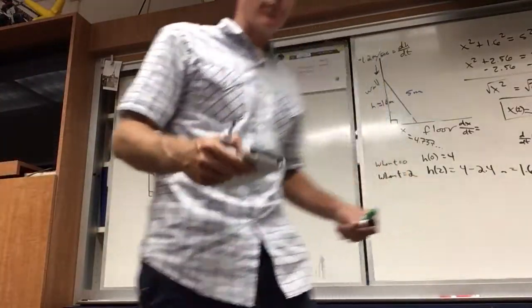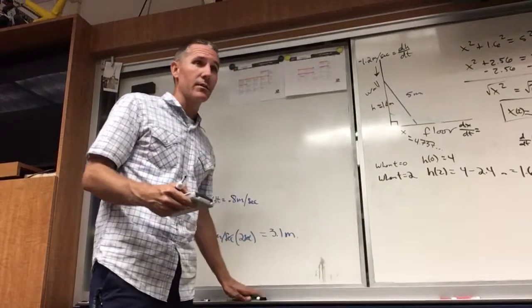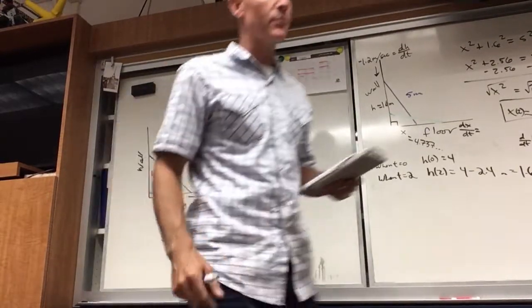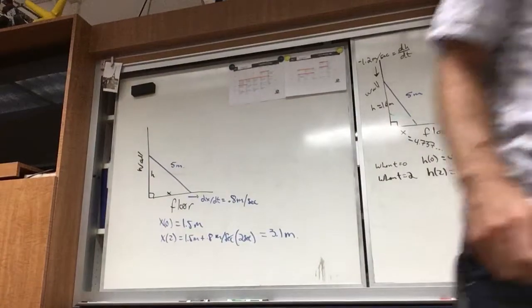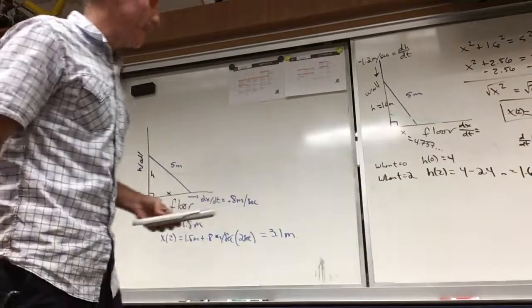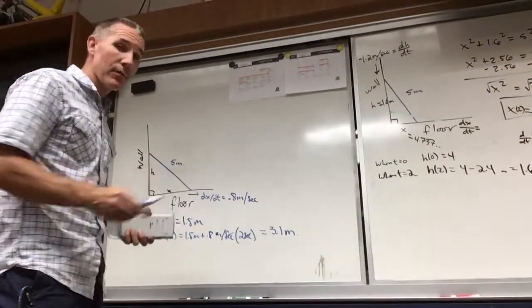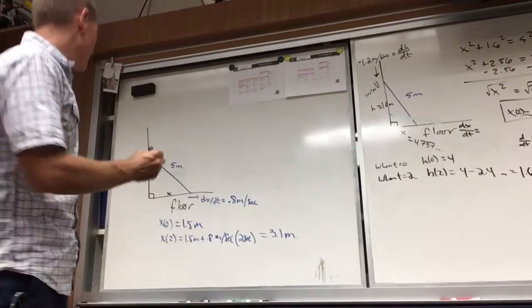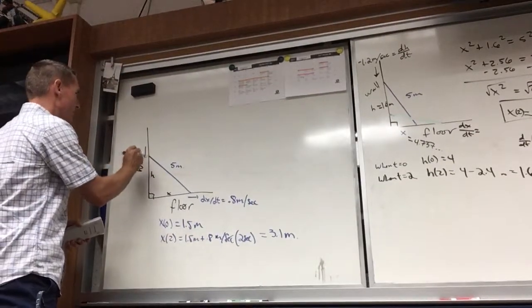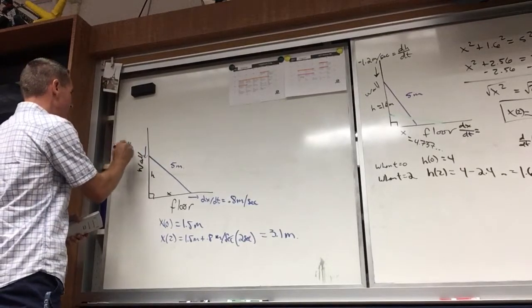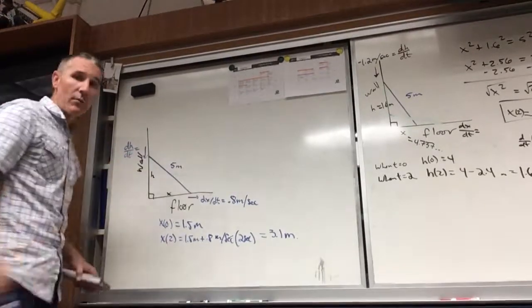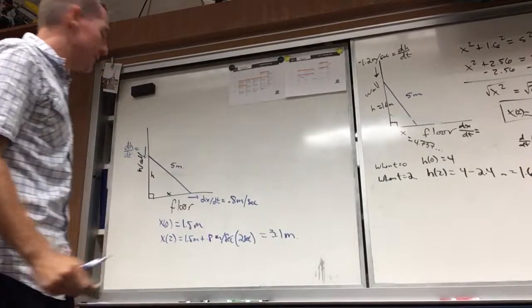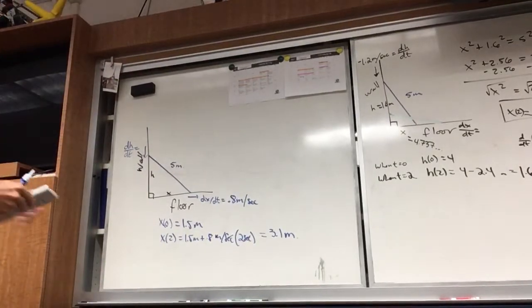This is the second video where I am finally answering the first question, number 9, that I did not answer before: find the velocity at which the top of the ladder is sliding down the wall. So what we're looking for is this rate right there, which is dh/dt. The one thing that we know is that dh/dt is going to be negative,